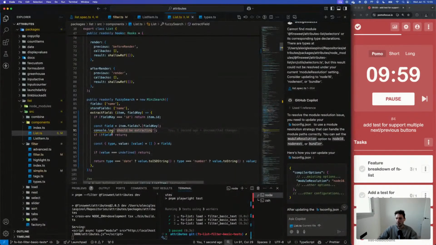Okay, so this is failing to extract. Oh, right. Because I need to change this. I need to fix this.